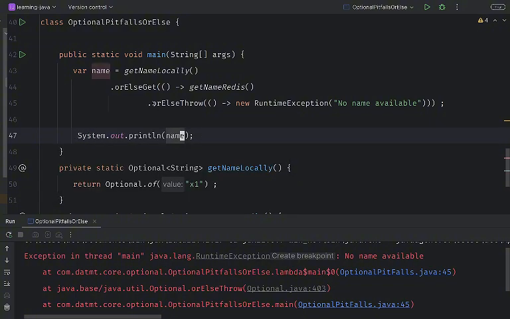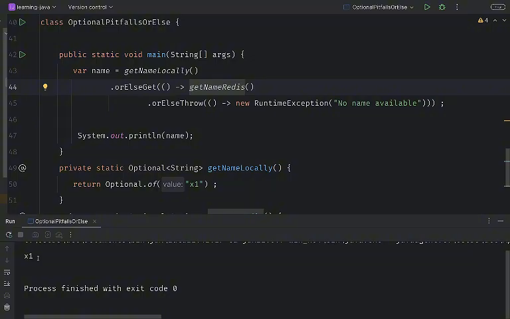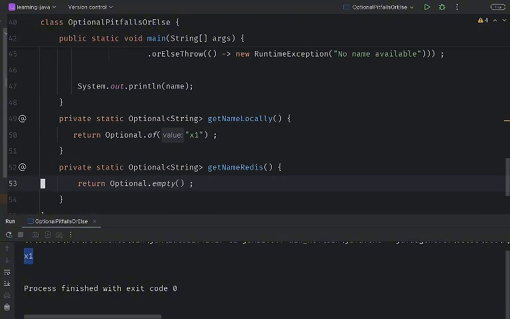And if I run now, if get name locally returns some value, then it will not call this block. Let's run this. And we get x1. Okay, so let's try this. Name Redis of x1 from Redis, and return this